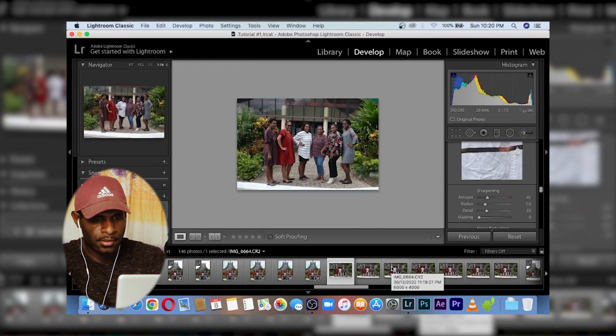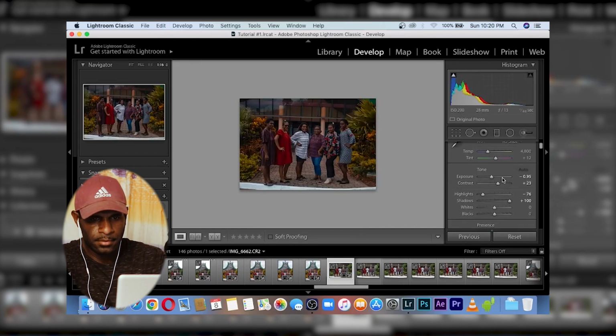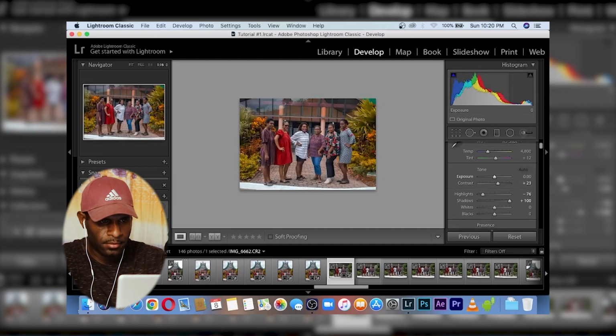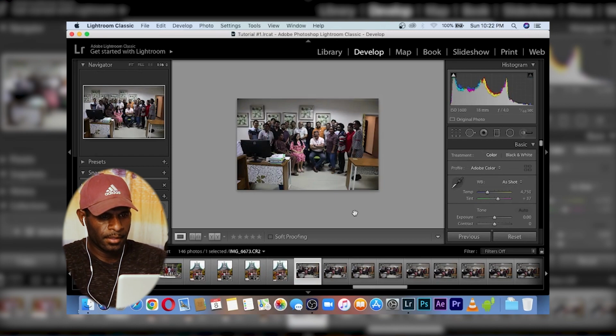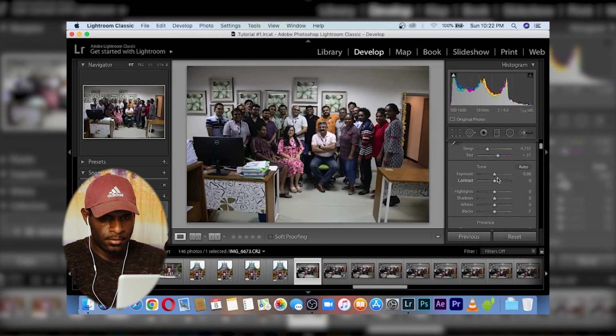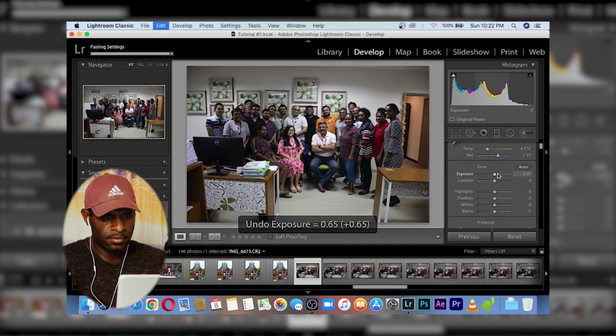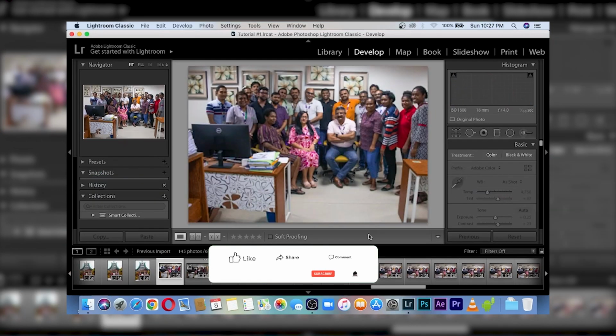Okay, so this is a different angle. I just came close to take a group photo of them. So let's just remove the exposure. Right, so you see. Okay, so this is the last photo session inside the office. On that, I didn't have any lights with me that time, so I just exposed it in the right exposure. So now just pump it up a bit. Just try to paste the